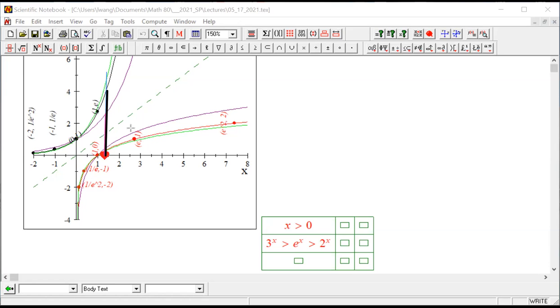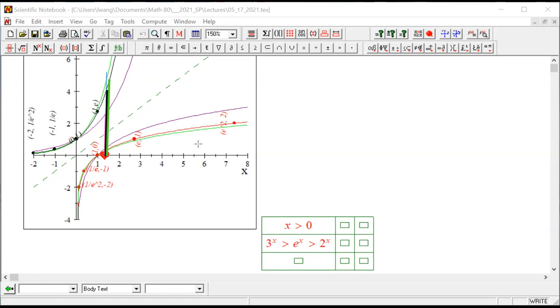You can see the black is higher. The black height is the value of e to the power x. Do you follow me? The purple height is 2 to the power x. And of course, you understand the green height, okay? The green height, which is measured from the crossing here, that's going to be higher than both of the other